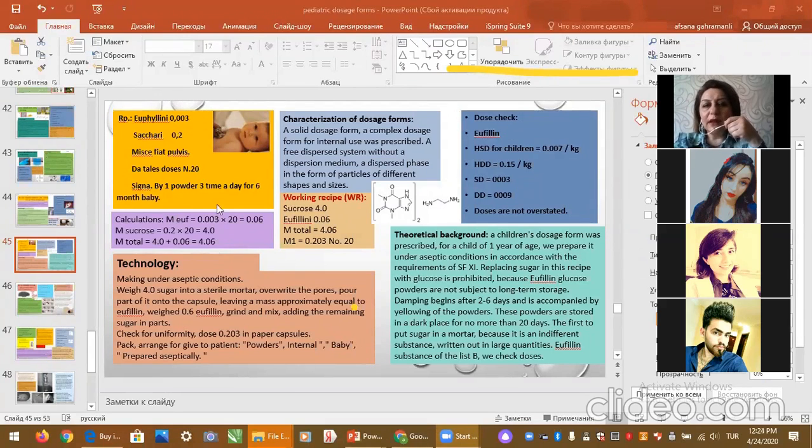We must multiply 0.003 by 20, and as a result we must take 0.06 gram of euphyllinum. And sucrose, you must take 0.2 multiplied by 20, because 20 parts you must take, so 4 gram. The total mass of our powder is 4.06. Technology process, making